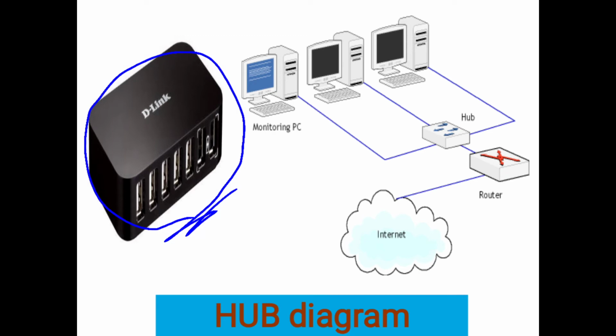In this case, suppose we imagine that PC number 2 is sending some data to PC number 1, and at the same time PC number 3 is also sending some signal to PC number 2. Since it is a network, any computer can send data to any computer. There is no limitation in sending the data. When two computers are simultaneously sending data, there will be a traffic jam, plus it will create confusion for the hub as to whom to deliver.